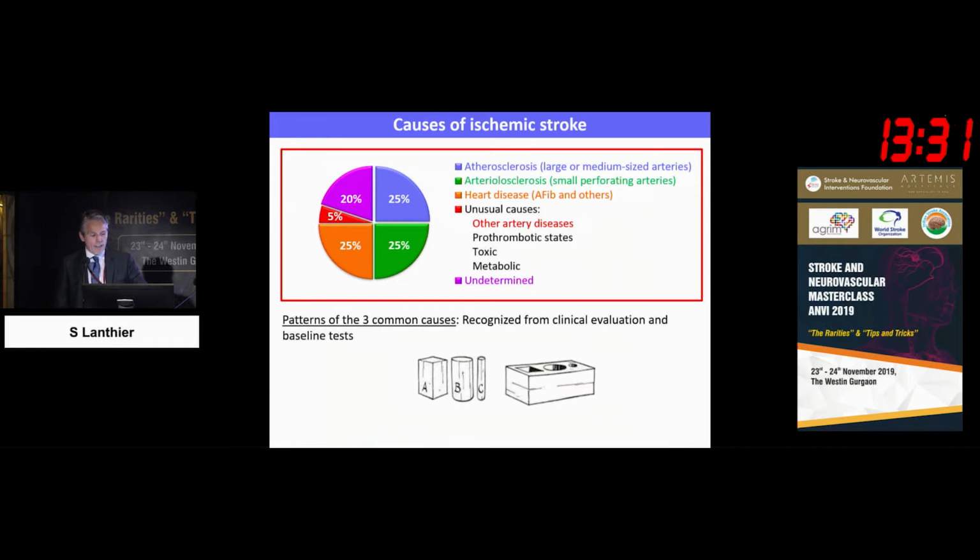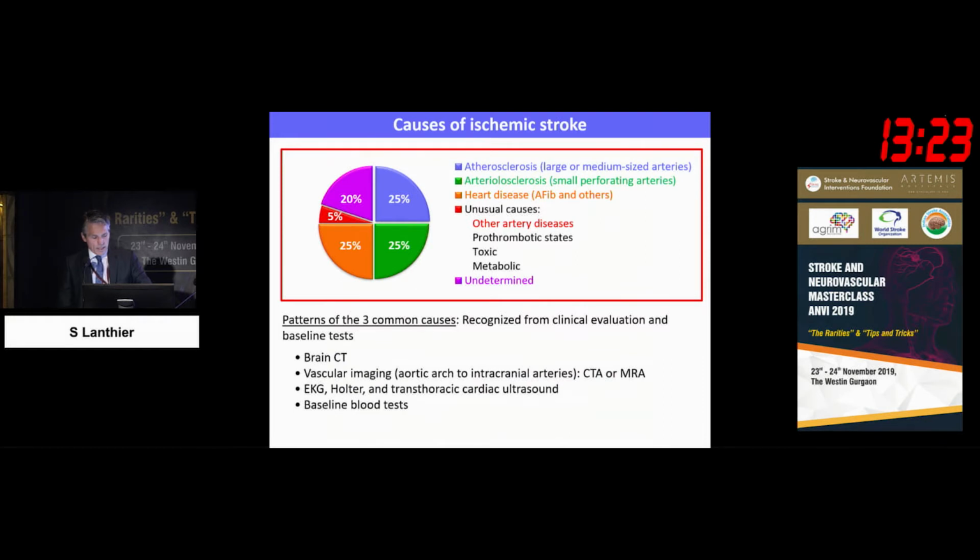The pattern of the 3 common causes most of the time can be recognized from clinical evaluation and baseline tests. The baseline investigation includes a brain CT scan. In most cases, it's really simple: brain CT scan, vascular imaging from the aortic arch to intracranial arteries, EKG, Holter, and transthoracic cardiac ultrasound,